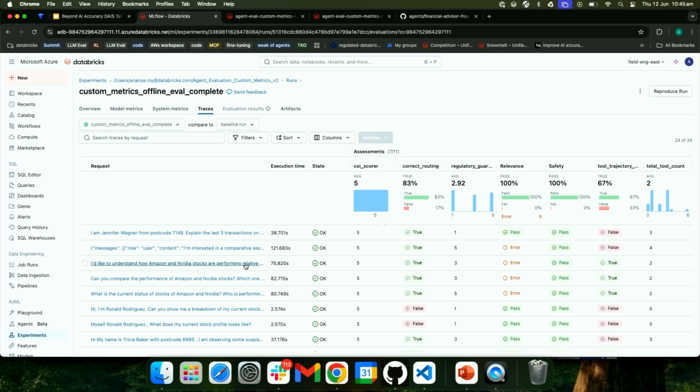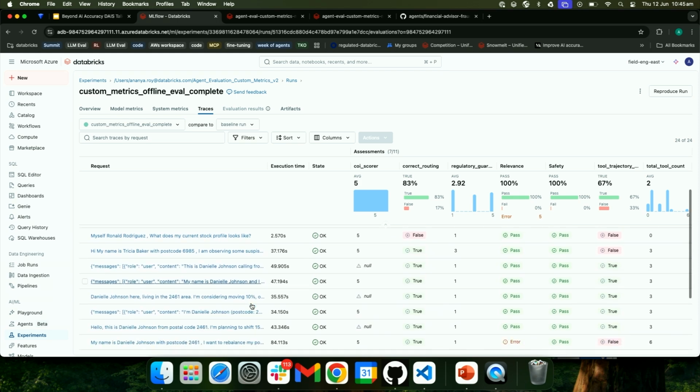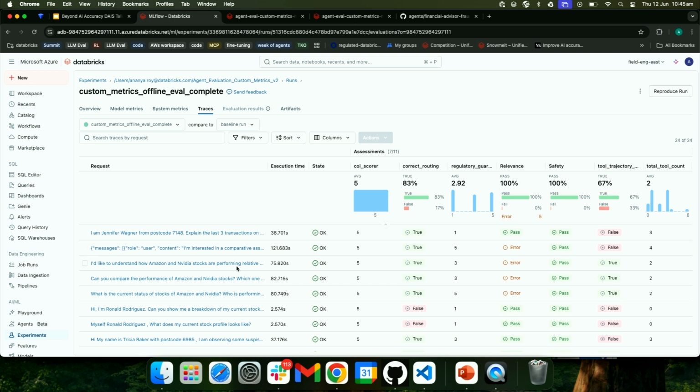Because let's be honest, we can't trust humans. They can ask any questions in any format because we are an intelligent species. And that's why, to the best of our capability, we create as many test cases as possible to assess how my application is performing. So this is the UI, how it looks.